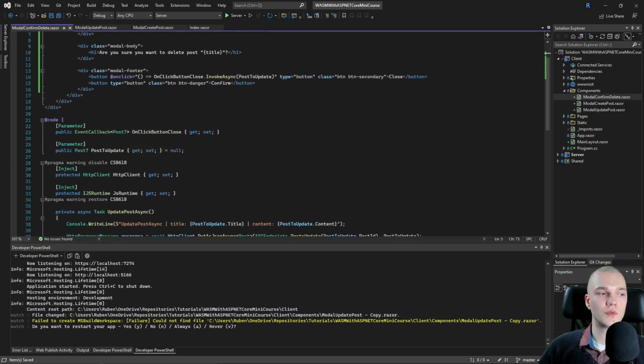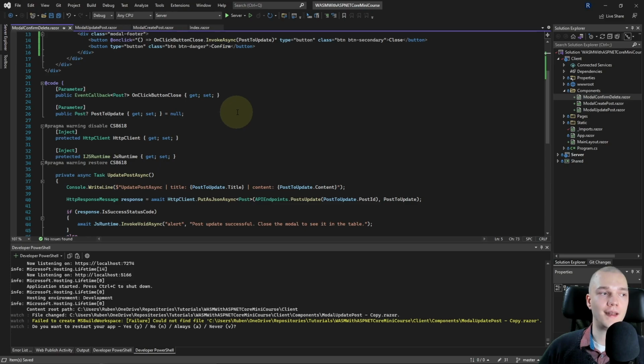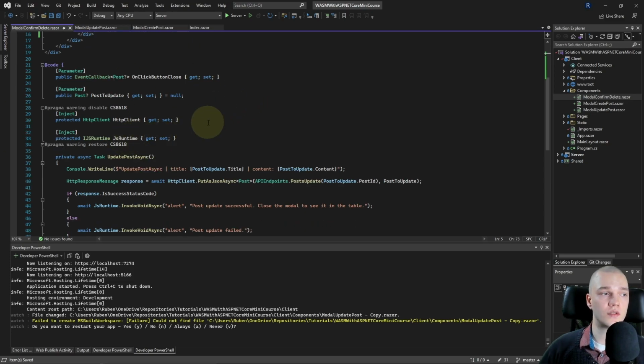Then I'll scroll down to the code and let's do the actual deletion in this component, so not in the index page, and we'll receive the post to delete from the index page. So I'll start by changing the parameter of the event callback to a bool, or boolean, to indicate if the deletion was successful or cancelled or it failed.